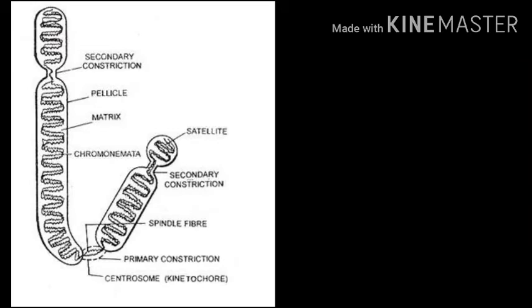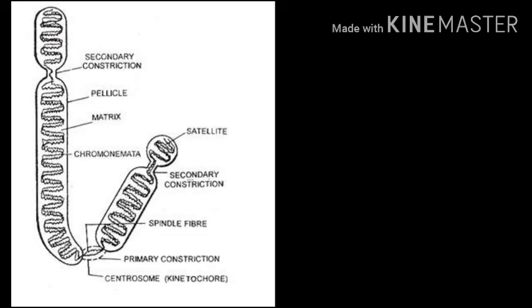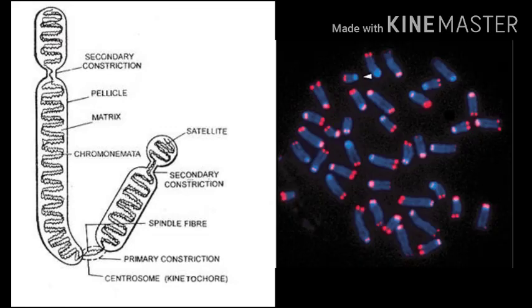The secondary constriction is usually present near the end and it lacks a kinetochore, but it is called the nucleolar organizer region as it is necessary for the formation of the nucleolus. Satellite or trabant is a short spherical structure present beyond the secondary constriction. Telomere is the end of the chromatid where ultimately the entire chromosome ends, and it is the region which binds with the nuclear envelope, resulting in proper decondensation of the chromosome.